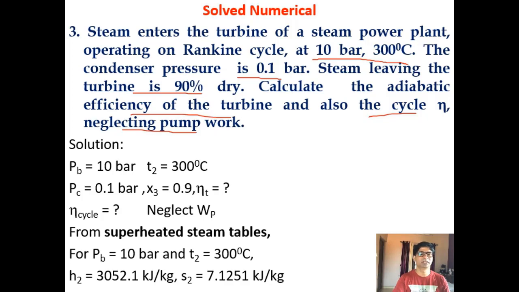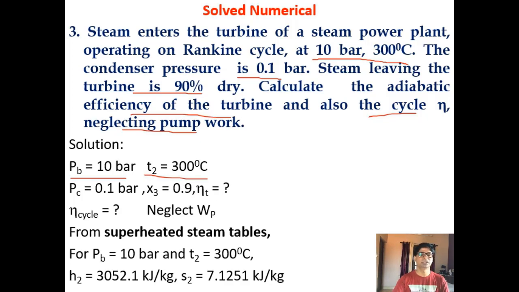So let us note down the given data. Boiler pressure is 10 bar and it is superheated to 300 degrees. So better you check the steam table. At 10 bar, the table is A1. The saturation temperature is 179.88 degrees Celsius. This is the data handbook which I am referring to now, the Thermodynamics Data Handbook authored by B.T. Nijaguna and B.S. Samaga. On page number 12, table A1, at 10 bar, the saturation temperature is 179.88.